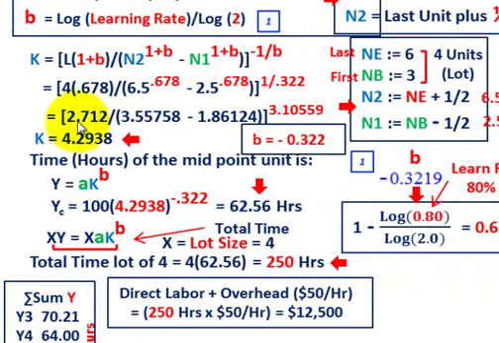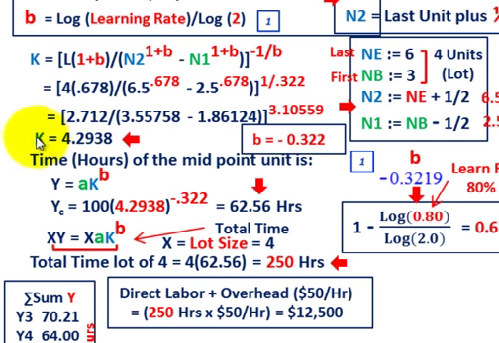What we come up with is that k equals 4.2938. So that's our k value, the algebraic midpoint of the lot. We're building from units 3, 4, 5, 6, but this is the algebraic midpoint, 4.2938. It's a little over 4. You might think the midpoint is like 4.5 or something, but it's a little less